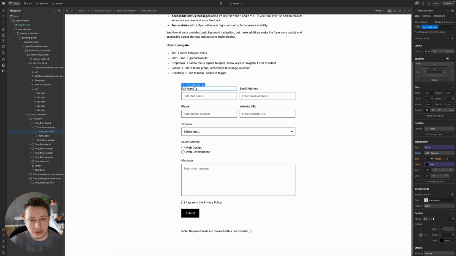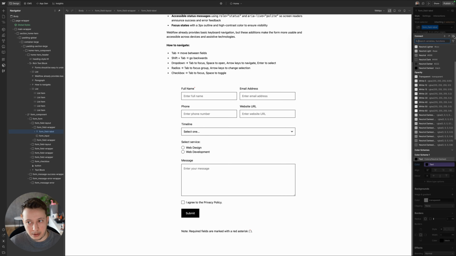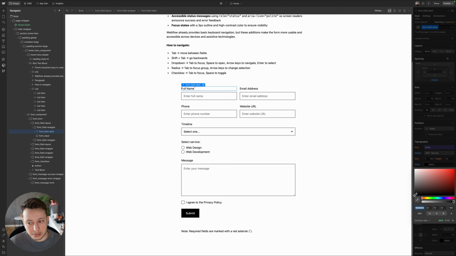And in Webflow, if you want to check the contrast, I feel like this is even better than the other plugin for the contrast. So in Webflow, if you select a color and you move around, you can see that it says here contrast ratio, and it says fill, and it says how much it is. And you can also click on this eye icon, and you can see here it says this is AA and this is AAA. So this has good contrast ratio, this is the A level, and this fails if it's here. So I feel like this is very good. In Webflow you can select colors more easily,